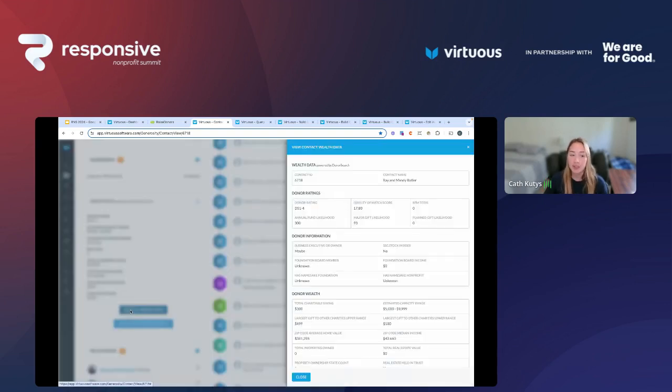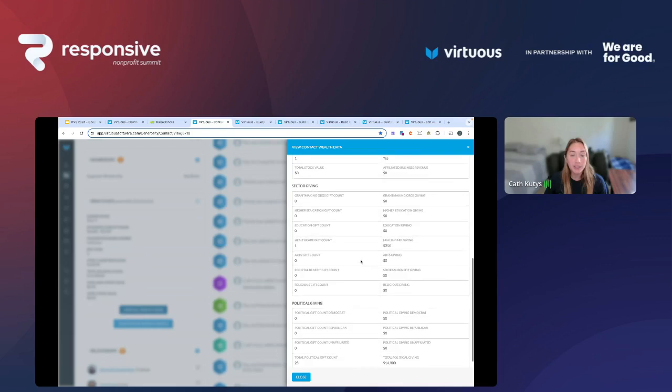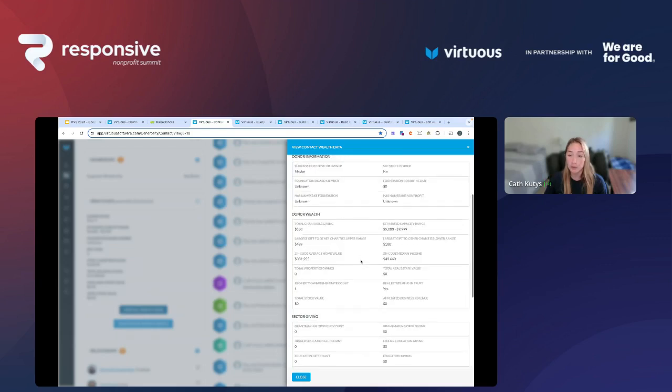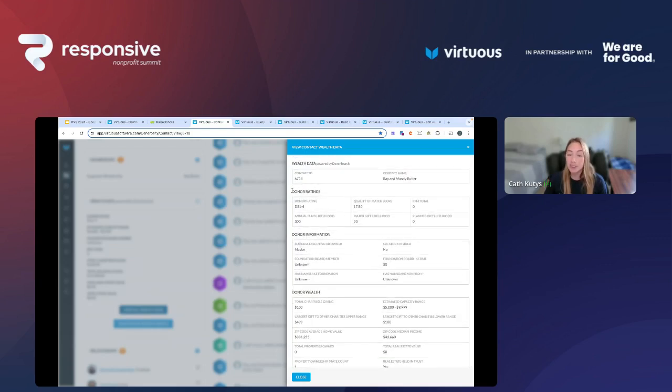But what I love about this is that I can even click in and see a more expansive view of that wealth information. So I'll scroll down first, and then we can dive into a few of these different fields. So up top, you can see that we have those donor ratings. So I have that donor rating score again, but something else that might be helpful is maybe pulling in this annual fund likelihood. So let's say that you're planning out your end of year